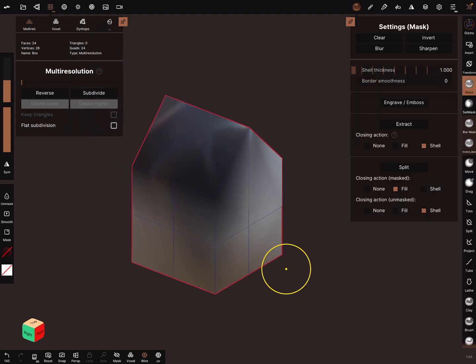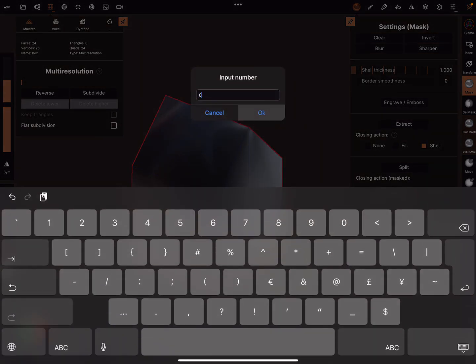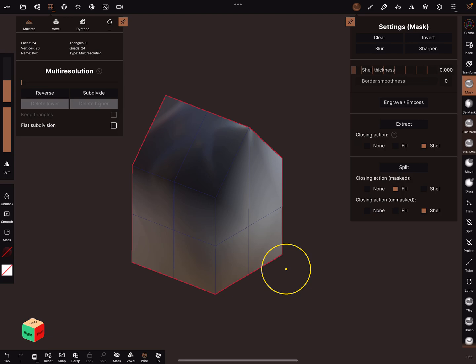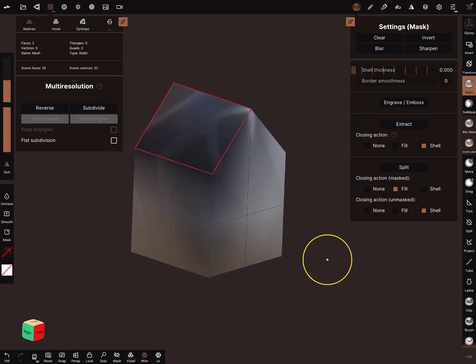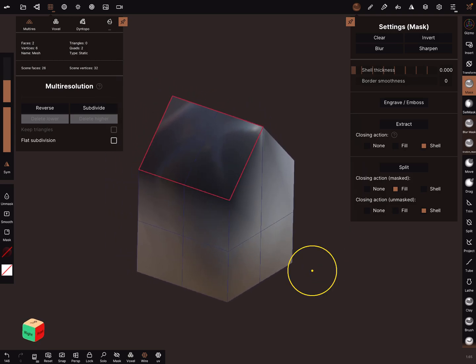And now you can use the shell extract. Yes, you can use it. For some things it's very useful. For some things not.